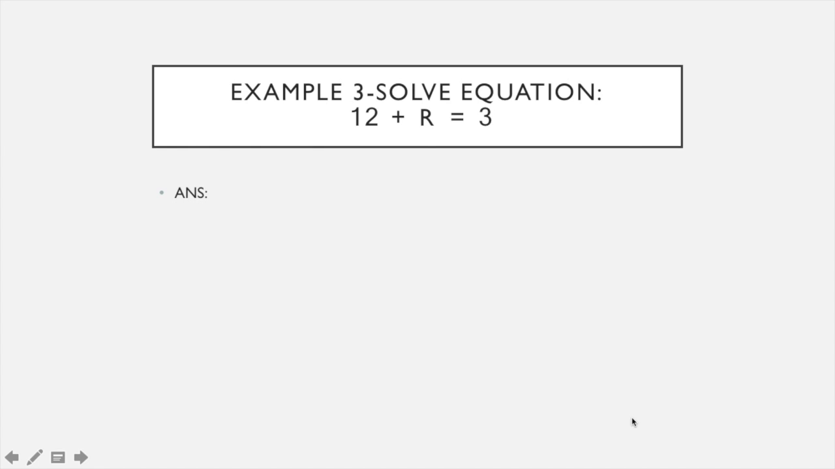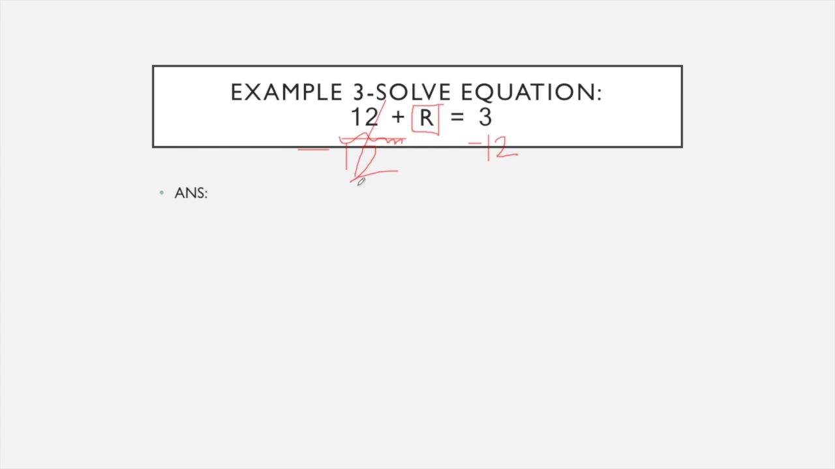Third example, we're asked to solve this equation. This is just one step. So what is the value of this variable given that equation? So what we would need to do to solve this here, we want r by itself. So this 12 is on the same side of the equation. We don't want it there. How do we get rid of a 12 that's tied by addition? Well, we do the opposite of add. We have to subtract. So if you subtract 12 from both sides,